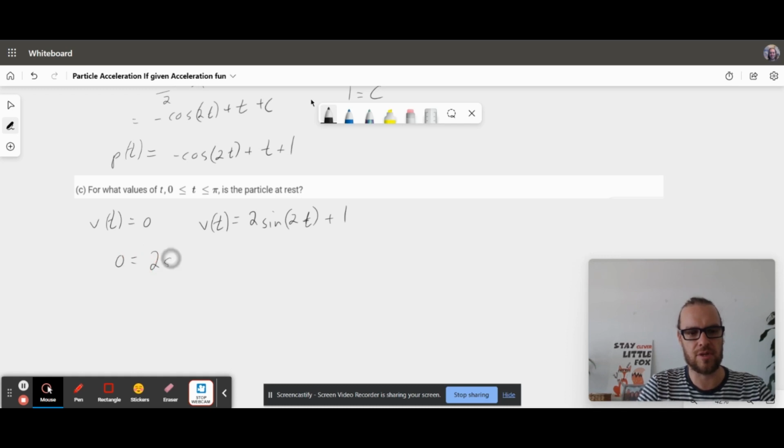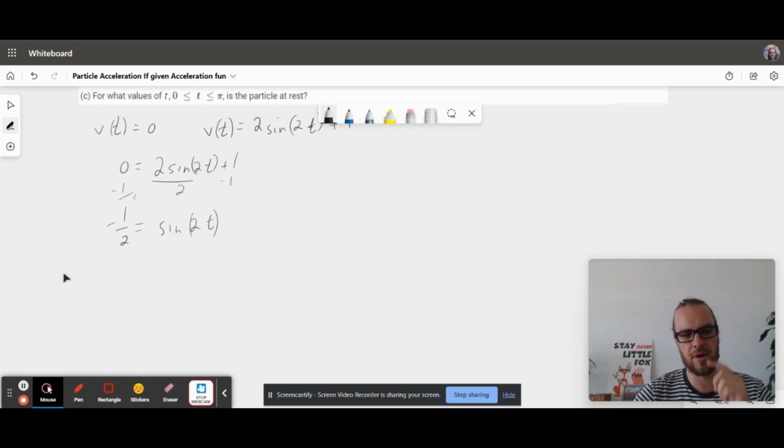So 0 is equal to 2 sine of 2t plus 1. Then we're going to need to do some algebra. We're going to move over this 1. Get that we've got negative 1/2, because we would also divide both sides by 2 here. Negative 1/2 is equal to sine of 2t. At that point, we need to figure out, okay, well, when is sine going to be equal to